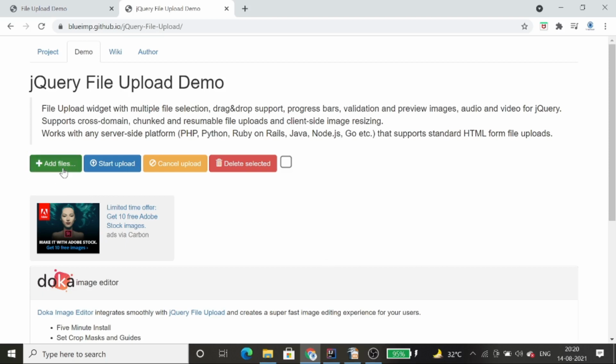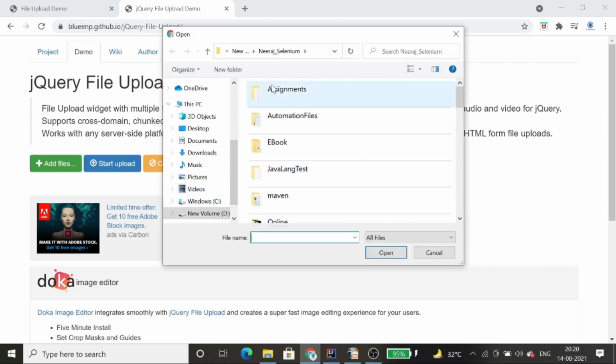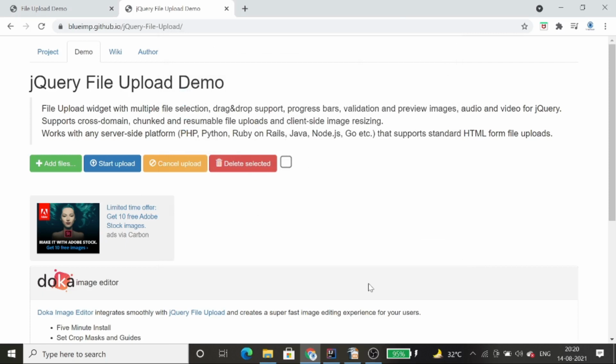If no text box is available, suppose you click here, when you click on this add file button, you can see the window pop-up opens. When the window pop-up opens, now you need to select the file from any of the drives where you have kept the file, and after selecting the file you just click on the OK button and the file gets uploaded, right? This is how we upload a file through Windows, or you can say manually. There is no text box in this application, so you need to handle this with the robot API. I will show you both the things one by one.